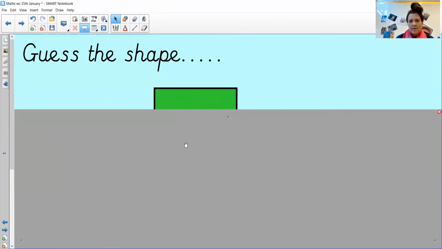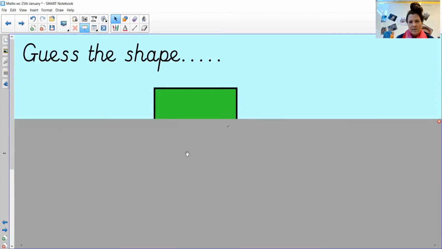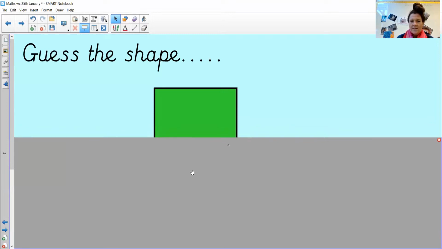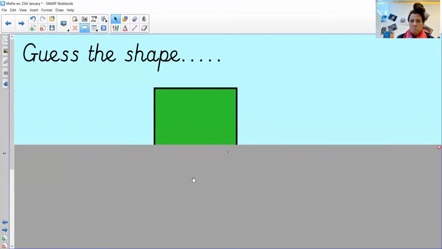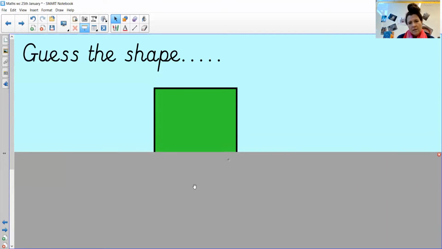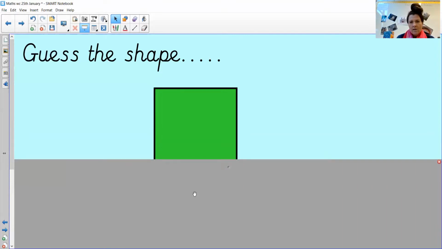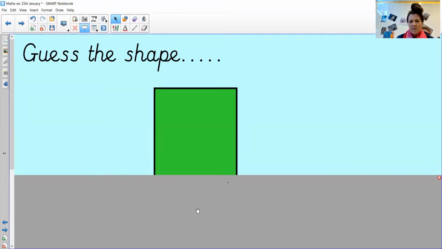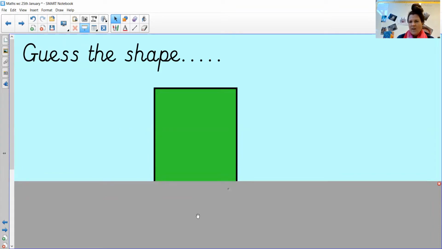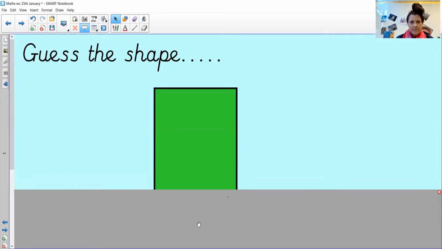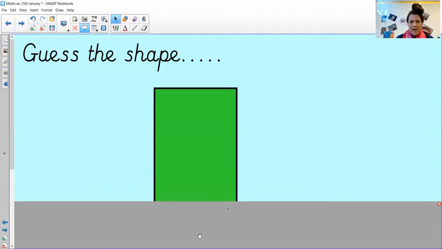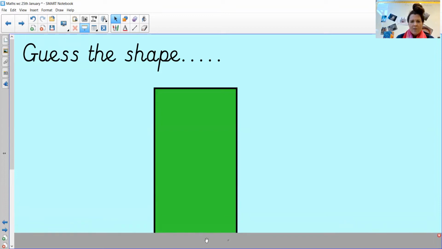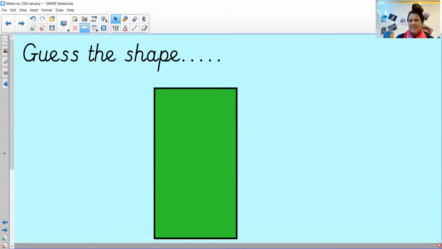What do we think? I see some straight sides. Ooh, I wonder if all my sides are the same length. I wonder. Oh, well, my screen's still going. It doesn't look like I've got 4 equal sides. So my first guess was a square. I don't know about you. Oh, I'm keeping going. Oh, it looks like I've got 2 long sides and 2 short sides. What shape have I got? It's a